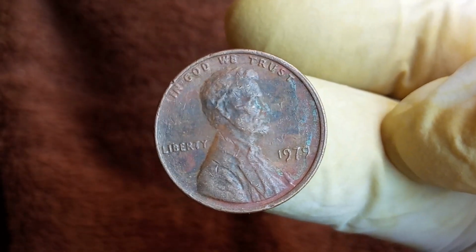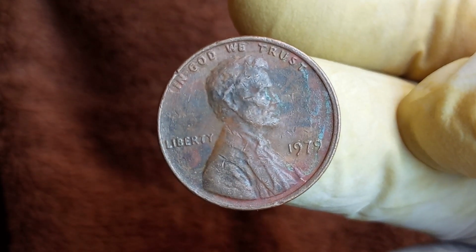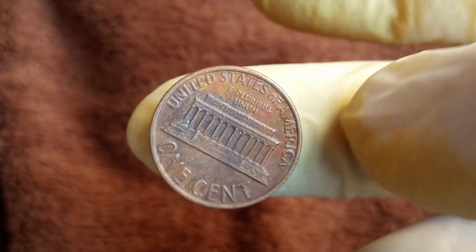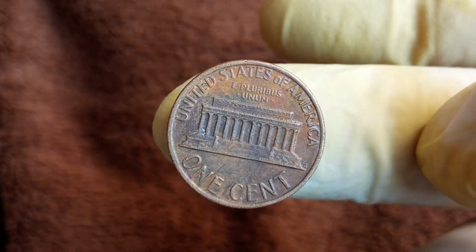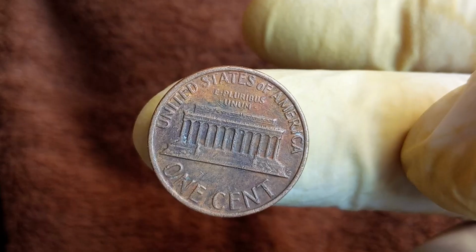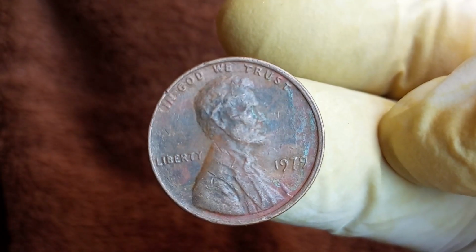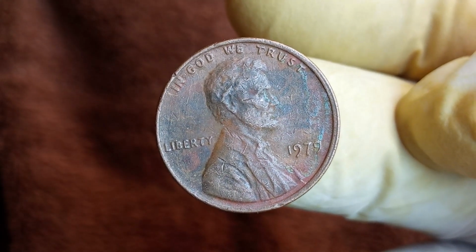Part 5, Rare errors to look for. Now, here's where things get really interesting. Certain 1979 Lincoln pennies have errors that make them worth hundreds or even thousands of dollars. Look out for these: double die obverse, DDO, when the date, lettering, or Lincoln's face appears doubled, extremely rare and valuable. Off-center strikes,